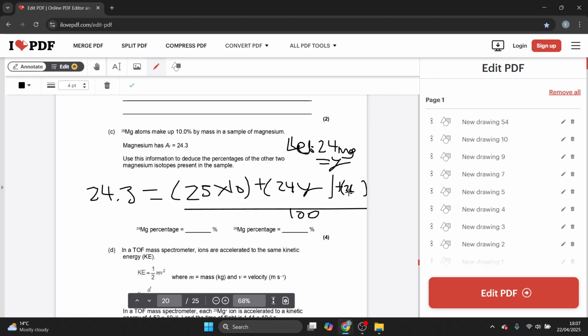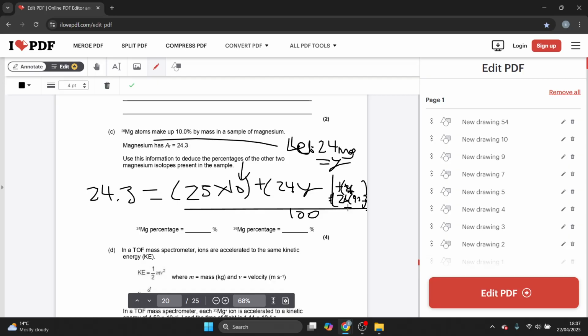And then for this, 26 is going to be bracket, so it's going to be 26 bracket 100 minus 10, because that's 10% of that. 10% of mass, 90. 90 minus y. 90 minus y. And that's the hardest part of this question. Ar 24.3 because 24y plus, but because it says percentages of this,